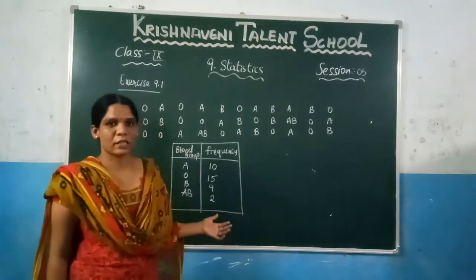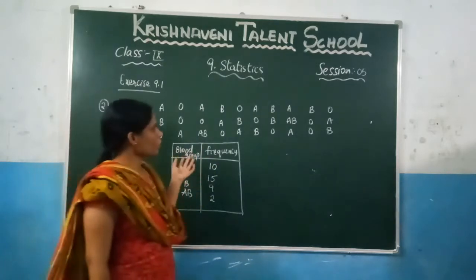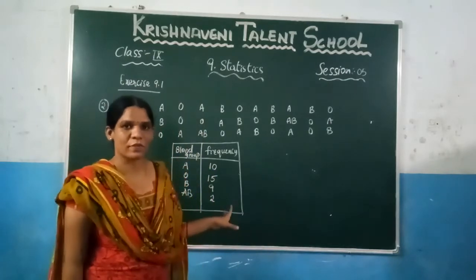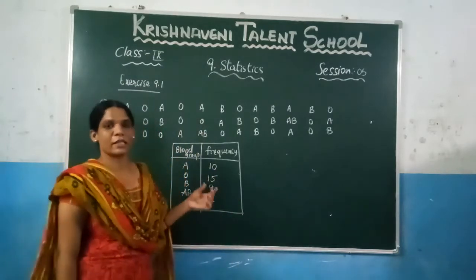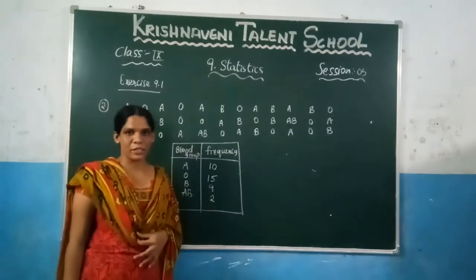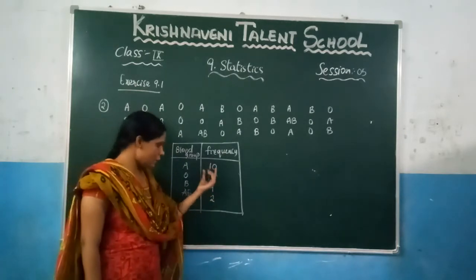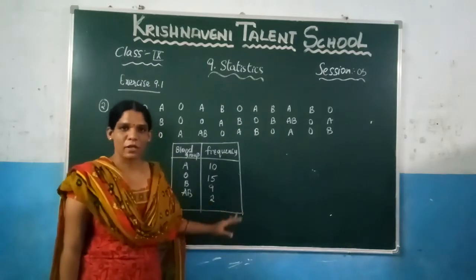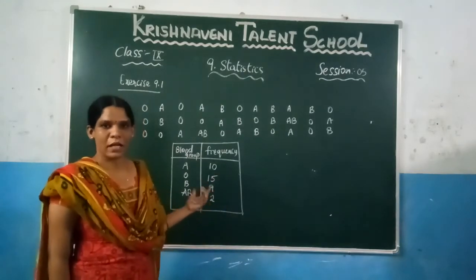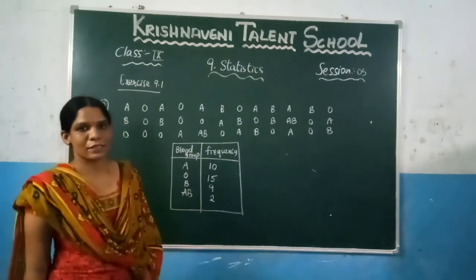If you want to check, you can see they have given a large data set, right? So while counting you may miss one person's blood group. If you want to check whether it is correct or not, in the given question they have told us how many students there are: a total of 36 students. So these are the number of students, right? If you get 36, that means we have included every student's blood group. Otherwise, we may forget, so we can check it here. Let us see whether you get the total as 36 or not.